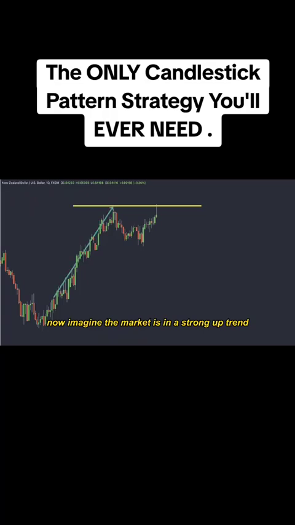Now imagine the market is in a strong uptrend, making higher highs and higher lows. As the price nears a major resistance level, a bearish pin bar appears with a long upper wick. This wick tells you that buyers tried to push the price higher, but sellers quickly stepped in and rejected those higher prices. This is a sign that the uptrend may be running out of steam, and a reversal could be on the horizon. You can take